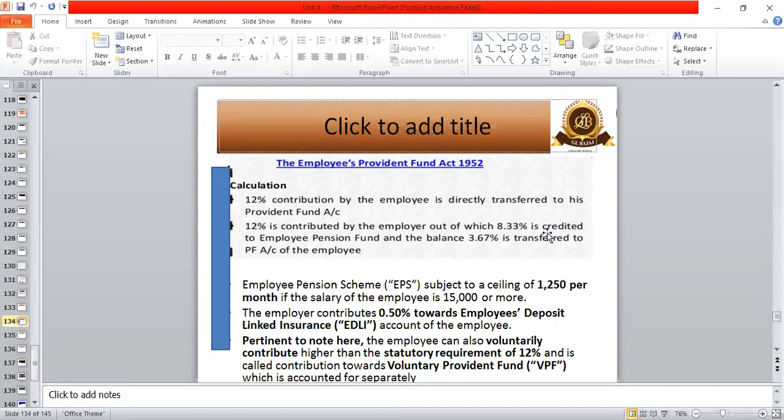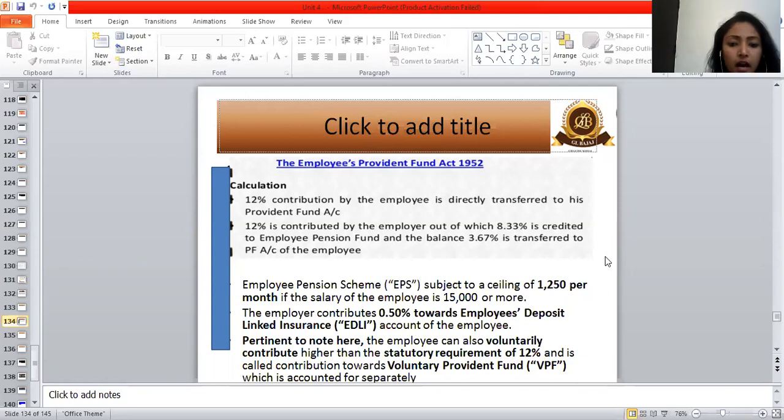Now, the next part is EDLI. I had discussed in the previous session that we have EDLI, that is Employees Deposit Linked Insurance. When the government talks about the EPF account, it talks not only about how your PF and pension are being taken care of, but your insurance part is also taken care of. That's why 0.5% of